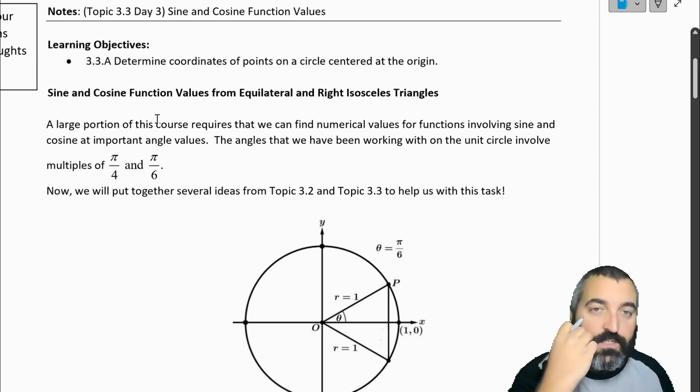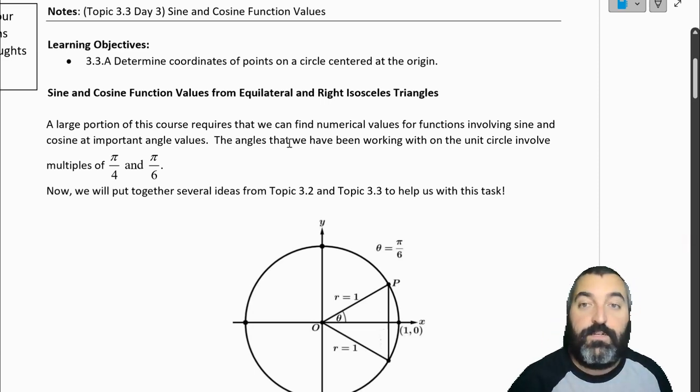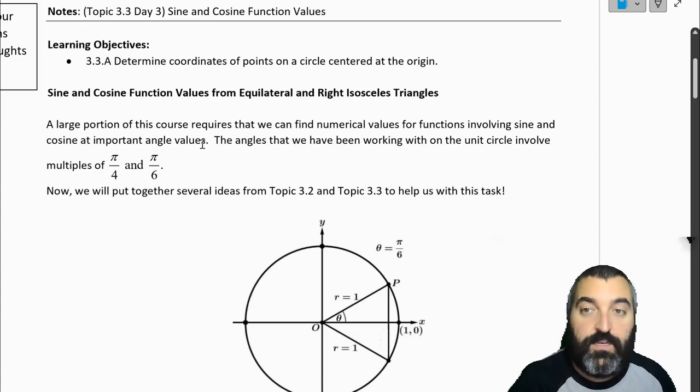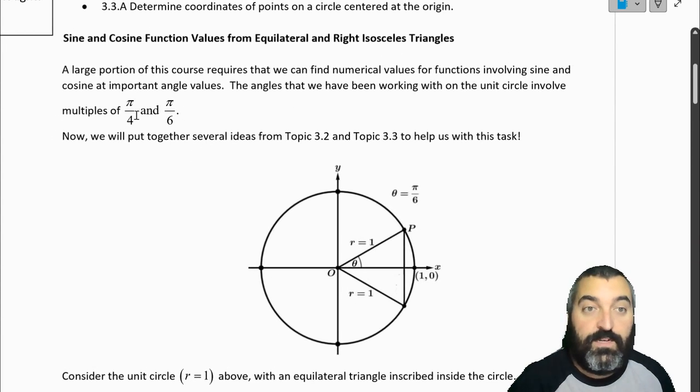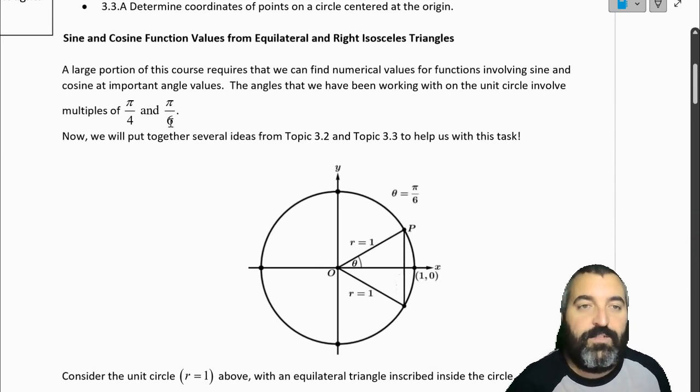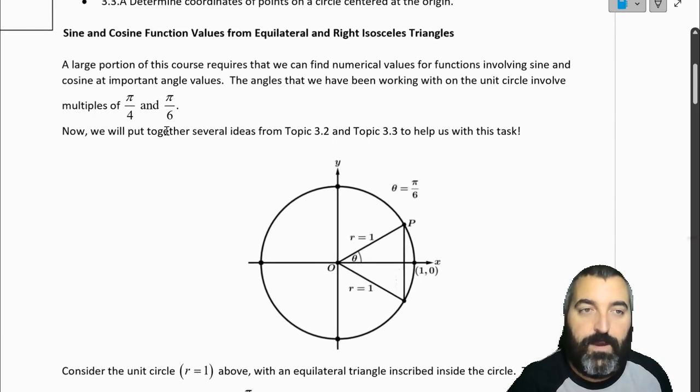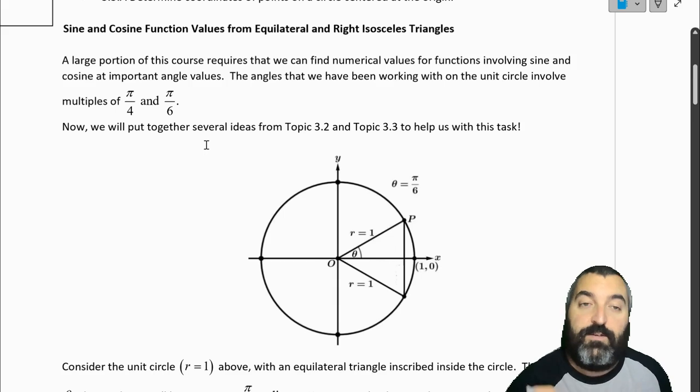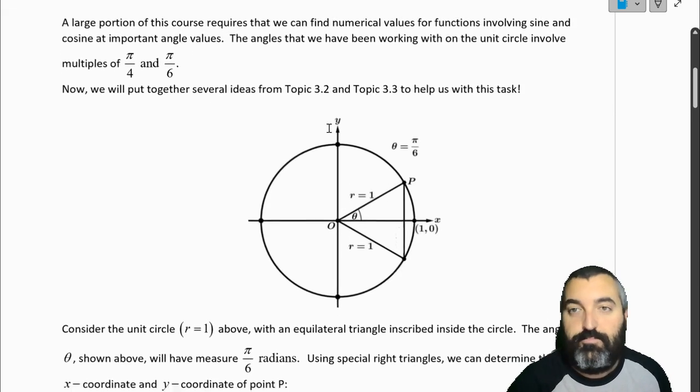So again, a large portion of this course, you will see that we're going to do sine and cosine at very important angle values. And those end up being multiples of pi fourths and pi sixths, because pi thirds is also included in there, but pi thirds is technically a multiple of pi sixths. Okay, so now we're going to have this kind of put together and see it to help us with this